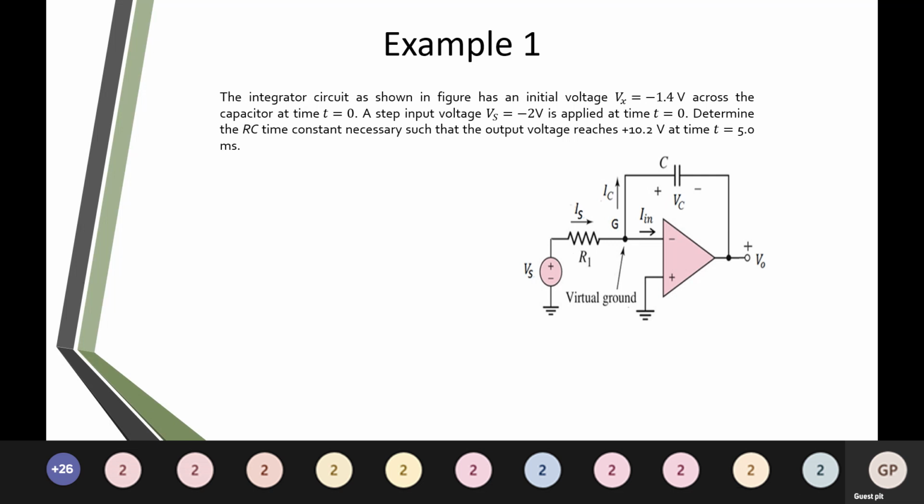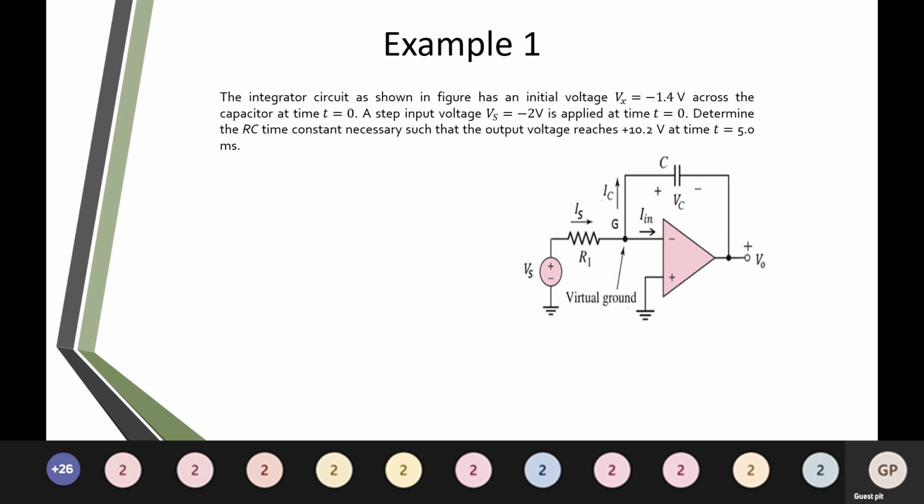Okay, I have given you enough time, so let us see the solution for this. As I said, you directly write the final expression and substitute all the values. See, the Vx value is substituted as minus 1.4 volts and the input Vs is minus 2 volts. You have to integrate between 0 and 5. This is what many were asking: what should be done for the integration limits?